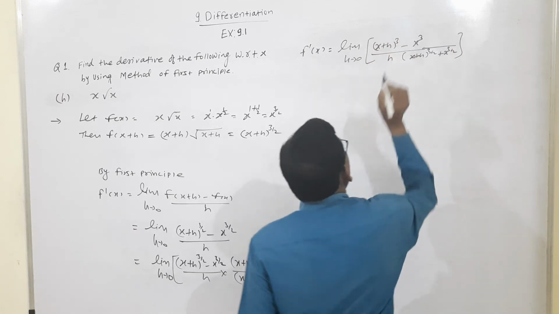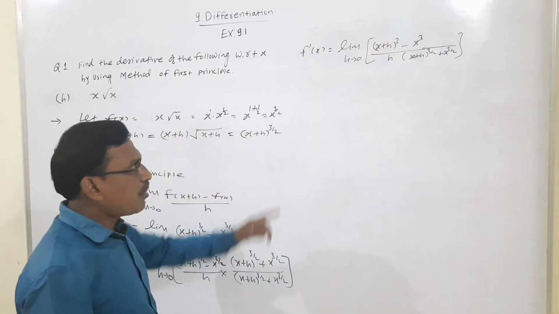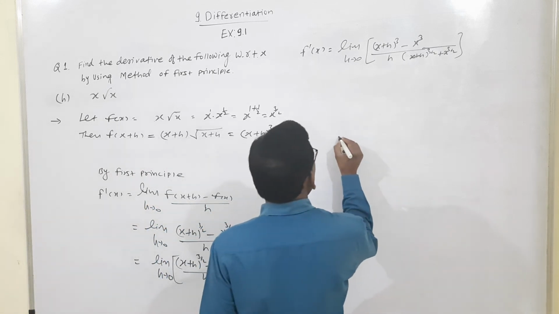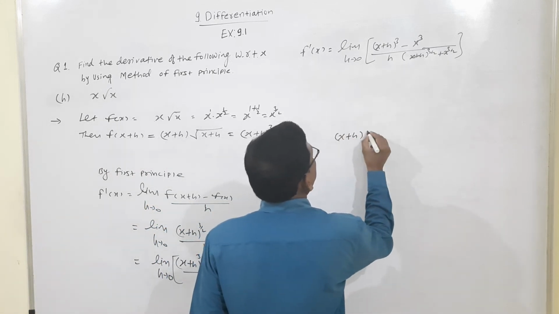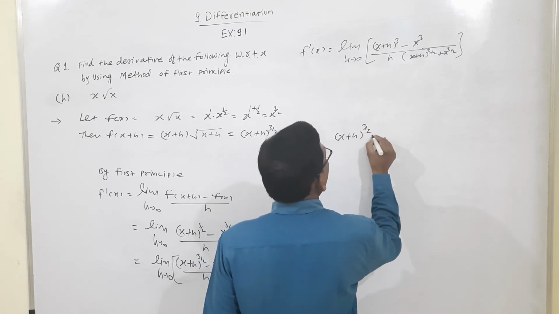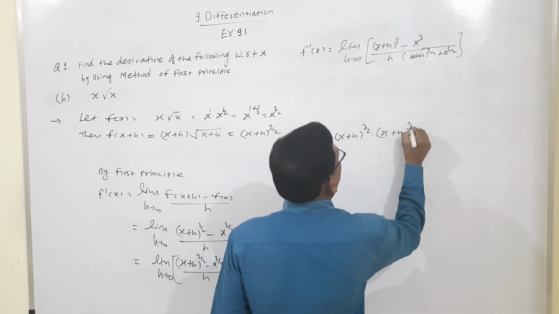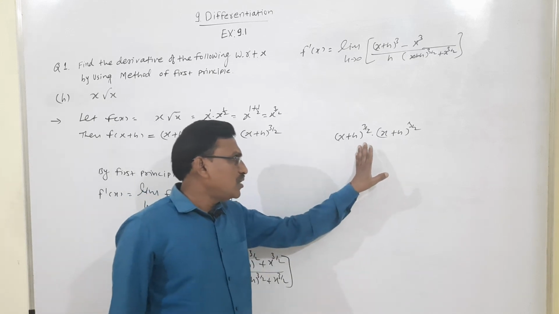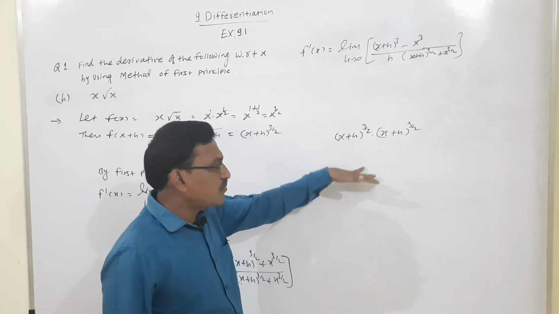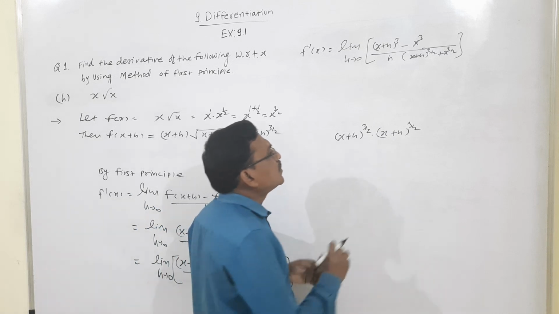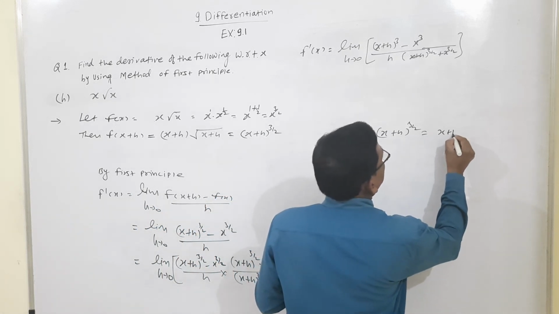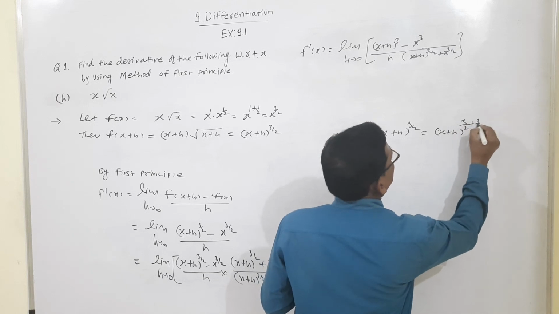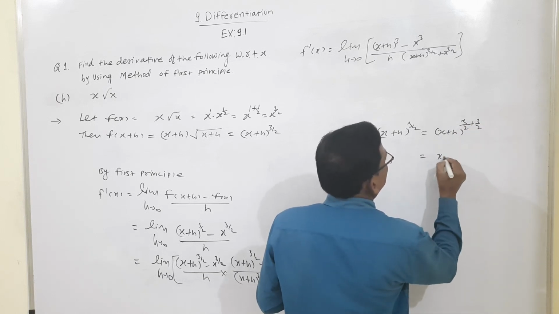So how does it become 3 power of x plus h? Therefore here we check x plus h to the power 3 by 2 into x plus h to the power 3 by 2. Again here, in multiplication, whenever the bases are the same, we add the powers. So x plus h whole raised to power 3 by 2 plus 3 by 2,